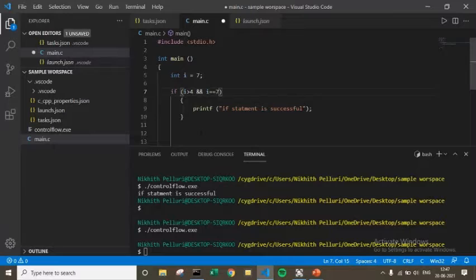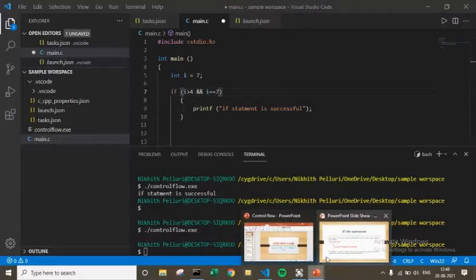Let's go to our presentation. You might have a doubt: if the conditions written in the if statement are true, then it prints out, but what if the conditions are false? You might have situations where if the condition is true you want to do something, and if the condition is false, at that point also you have to do something. It is not good to just leave it like this. That is where you use else statements or else if statements.